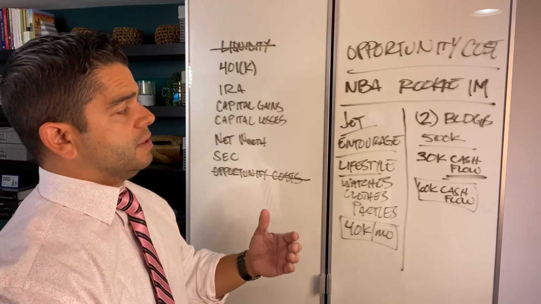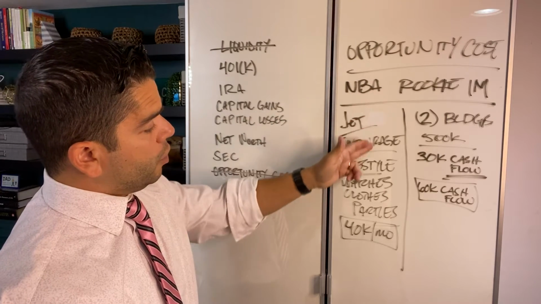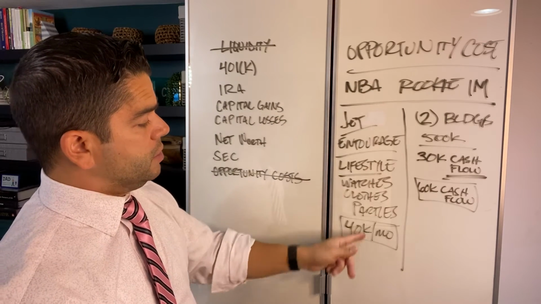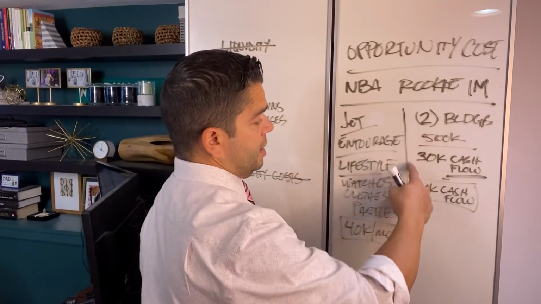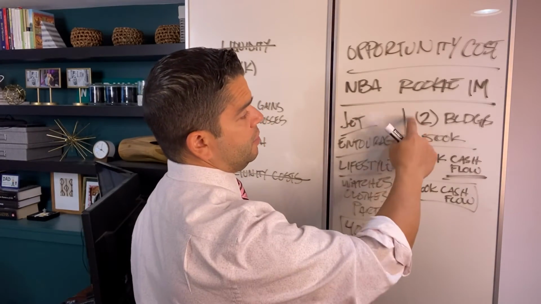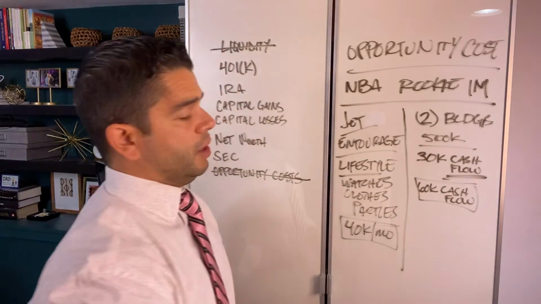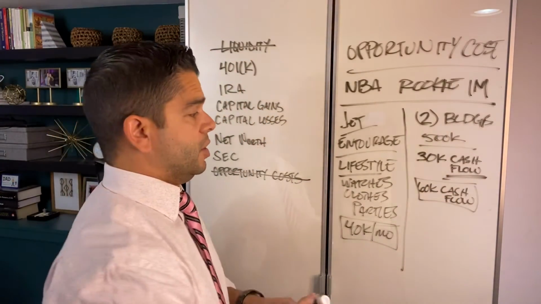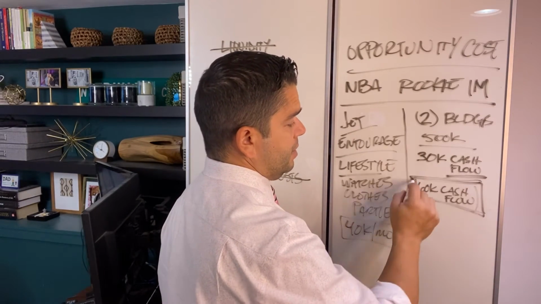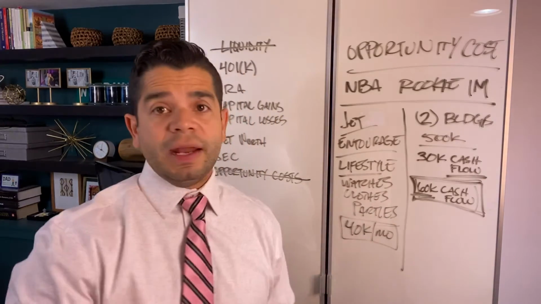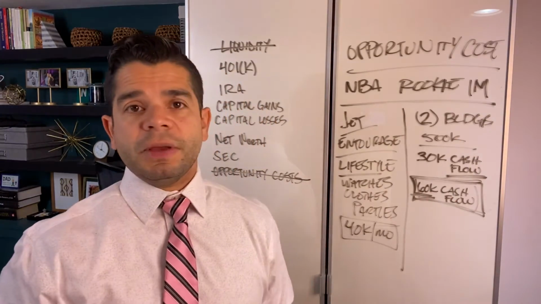Now, if this rookie ends up not playing the following year, or not getting picked up by a team, or whatever the case is, the opportunity cost is here, where the $1 million were spent on an incredible lifestyle. He looked like he was making real good money, and he looked like a baller. On this side, he didn't look fancy at all. He decided to invest his money into real estate, and they created positive cash flow. So his $1 million are getting him $60,000 a year in cash flow. Now, that's not a ton of money, but that is an annual salary that's coming after all the expenses on the buildings are being paid.